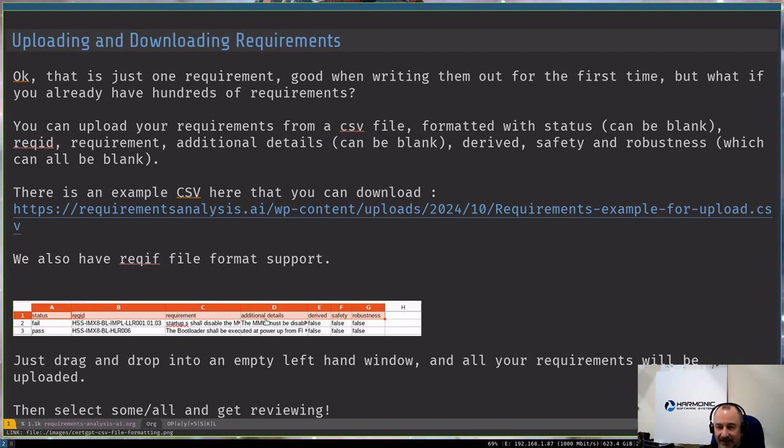Then we have additional details, which can be blank. Derived, safety and robustness can be blank, and the status can be blank. So we have an example CSV that you can download and start to use, or just make sure that your CSV has these headers in and you'll be okay. We also have ReqIF support. ReqIF is the requirements file format used by requirements management tools, so you can upload your ReqIF file, do your reviews, export them, and then put them back into your